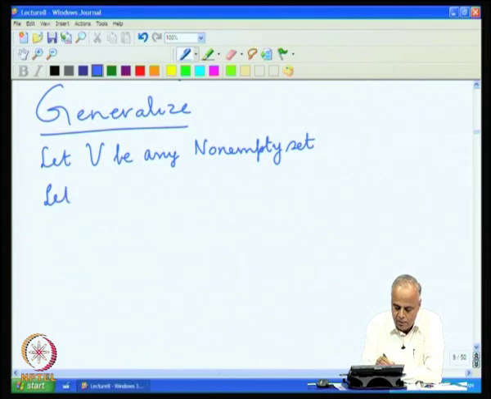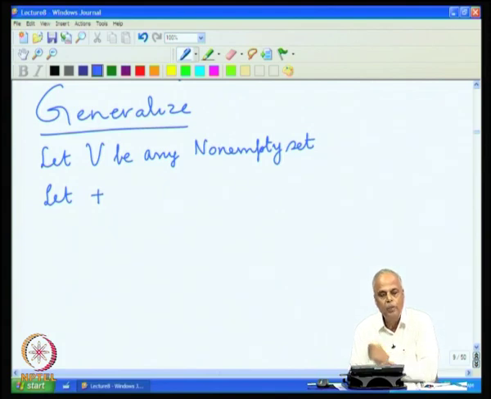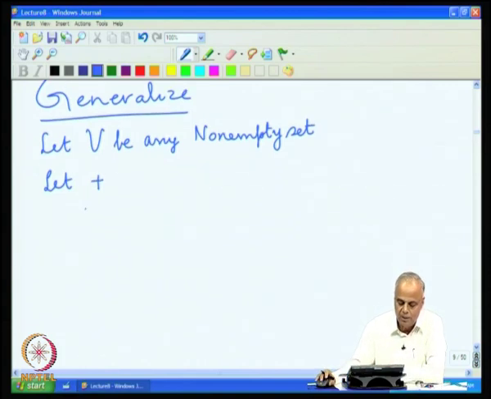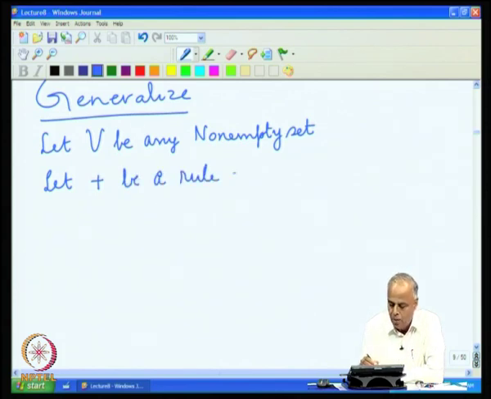We will also denote that by plus. We have used the same symbol plus for addition in R k. Now, we use the same symbol plus in an arbitrary set V for an arbitrary rule. Let plus be a rule of combining